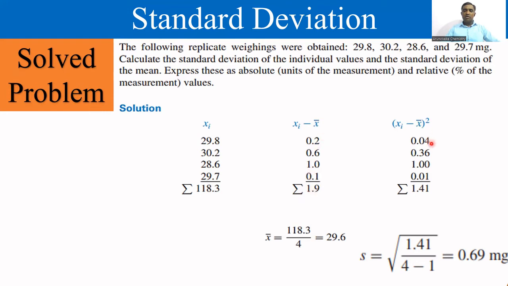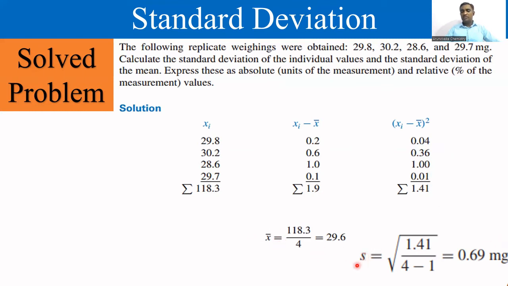And then you will also be calculating the square of this xi minus x bar. The square of this value, 0.2, is 0.04. Square of 0.6 is 0.36, then 1 and 0.01. You take the sum of all these values. If you take the sum, you can understand better that